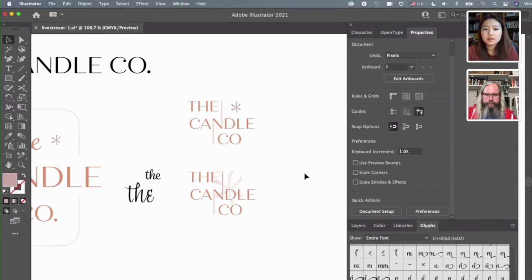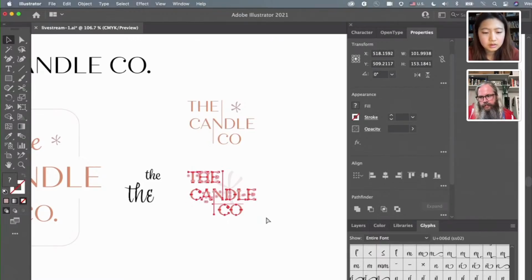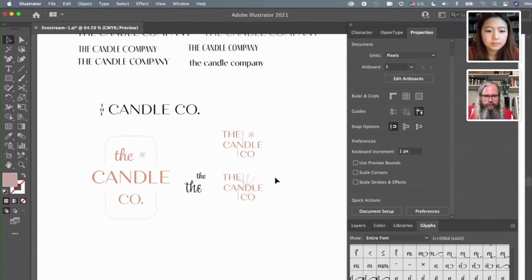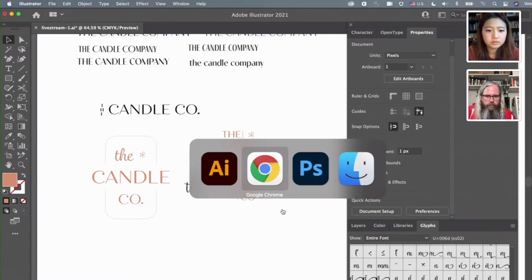When you show a client, they might want to see what this looks like on their actual candle, on their packaging. Yeah, since it might look good here, but in context, it might look completely different. So what I will do is take one of these. I can take this one first. Copy. And switch over to